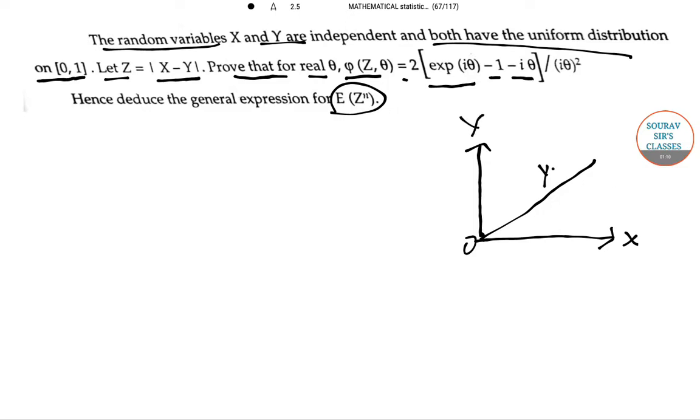This is nothing but y equals x, and this is nothing but (1, 1). There we'll have 1. So now here we can write y is less than x and here y is greater than x. Now from here, we'll simply write down